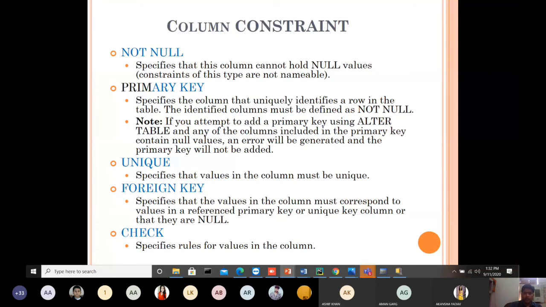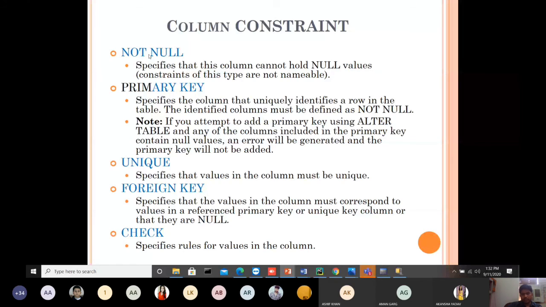You can specify a unique constraint, meaning the value in the column must be unique. You can also specify a foreign key, if an attribute refers to another table. And check constraint specifies the domain of your attribute, meaning your value must belong to a particular set. So these are some column constraints.